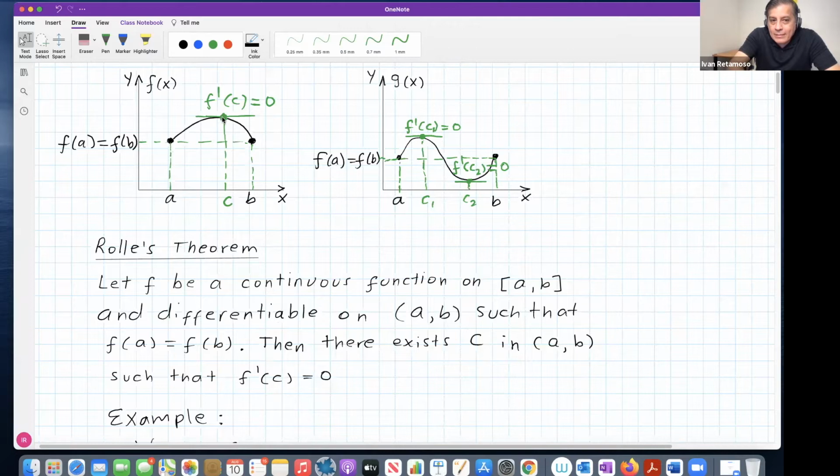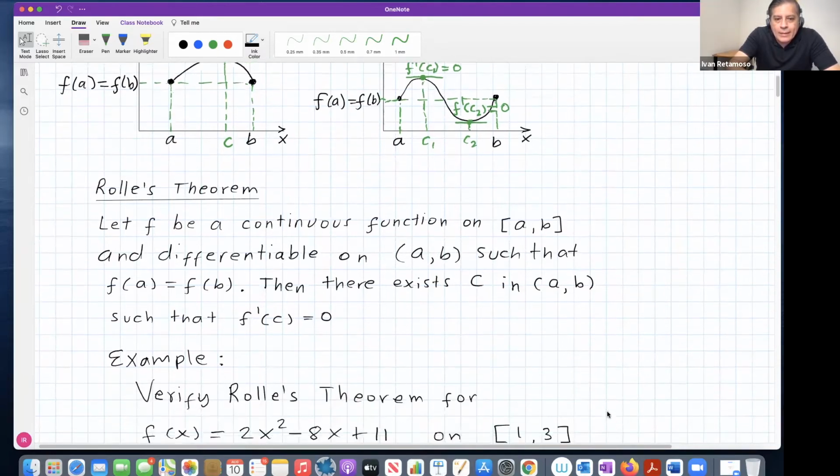And that happens right here on the peak, on the mountain, here on the valley, right? Those special points. And then you may say, Professor, there's a connection then between what we did yesterday. We talked about local maximum, local minimum, and this, right? I can see there is some connection. Yes, there is a connection. We will see it later. Great. Okay, so now